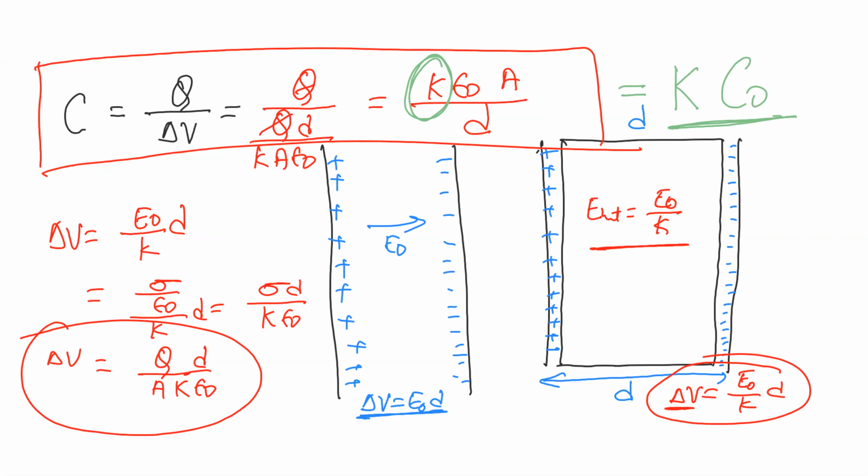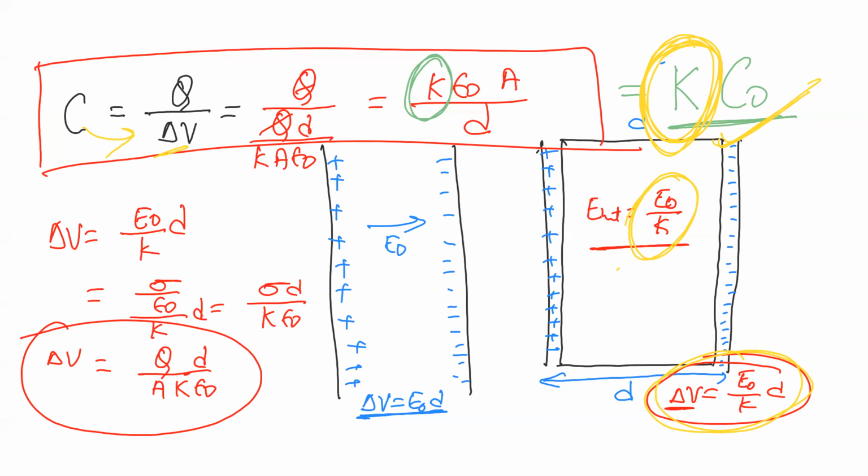I hope all of you understand why the K factor is coming. Because of the simple logic that the field is becoming 1 by K times and the potential is becoming 1 by K times. Since capacitance is inversely proportional to potential, the K factor goes in the numerator and capacitance becomes K times. From now onwards, you must remember this K factor, where K is the dielectric constant of the dielectric. In questions, sometimes they will give it, sometimes they'll ask for it.